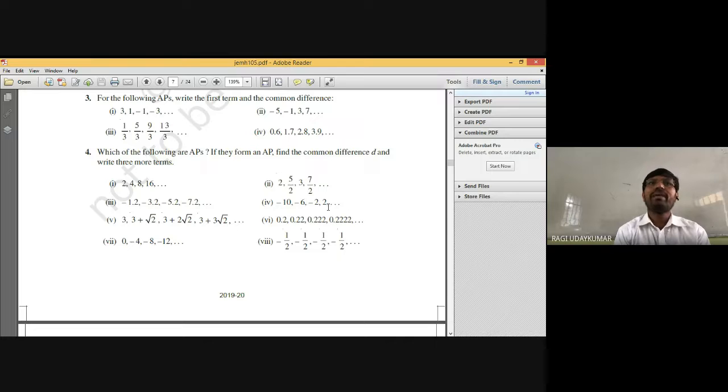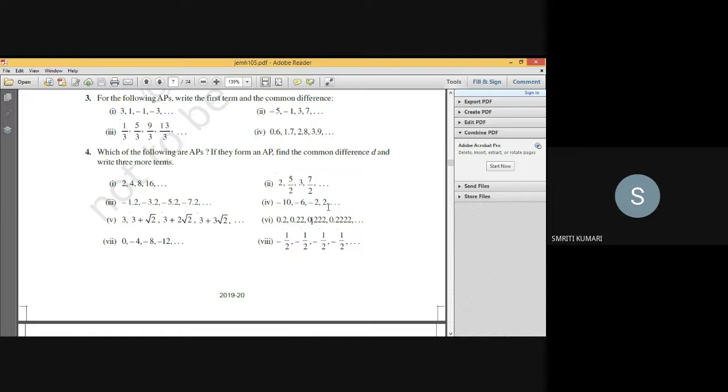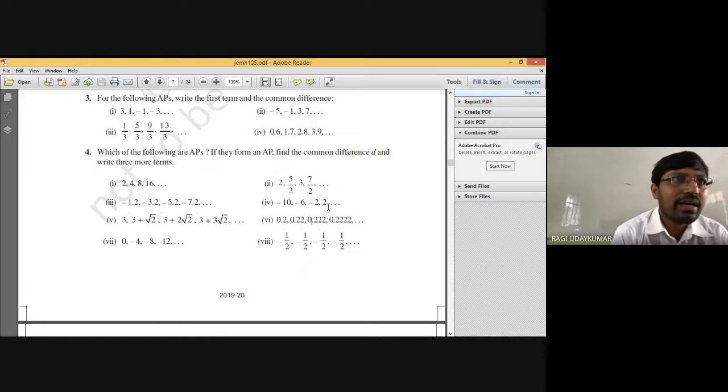2, 5 by 2, 3, 7 by 2. Actually, 5 by 2 is nothing but 2 and a half. 7 by 2 is nothing but 3 and a half. So 2, 2 and a half, 3, 3 and a half. Half is added. Therefore, it is an arithmetic progression. Yes, sir, it is. So like that, in this